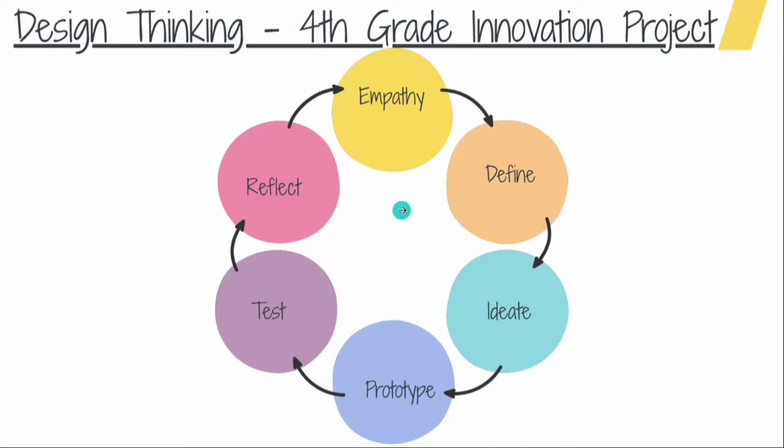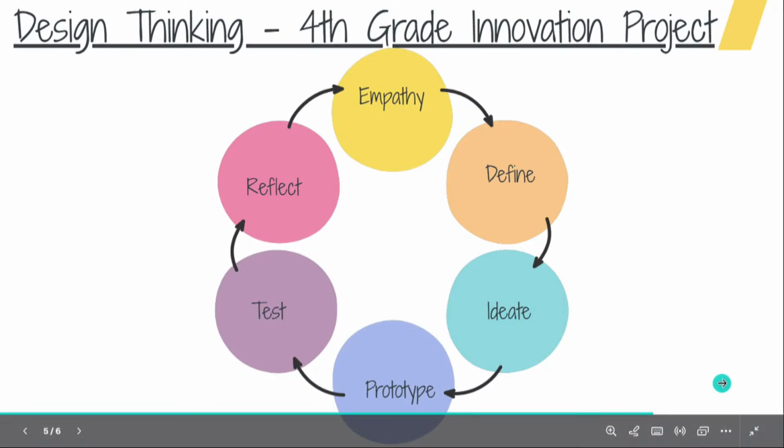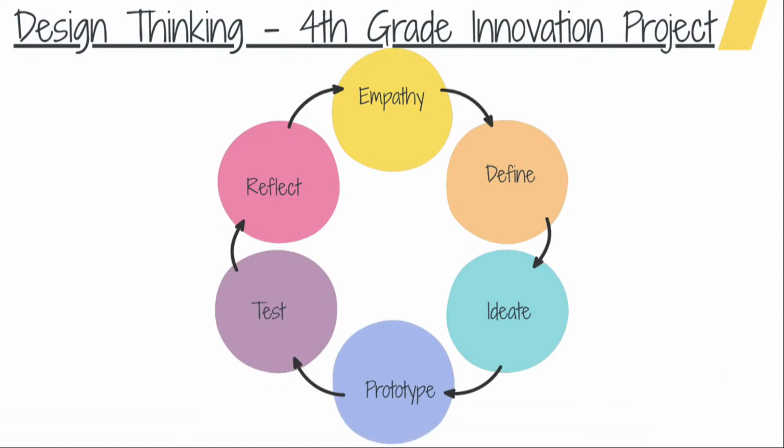So during the define stage of the design thinking model, fourth graders first attend an assembly that Dan Carlin leads in the auditorium. So they learn all about the history of the flooding in the Bronxville school. They learn through pictures of the actual damage and flooding, and they also learn about how much it costs to improve the school and fix those damages.